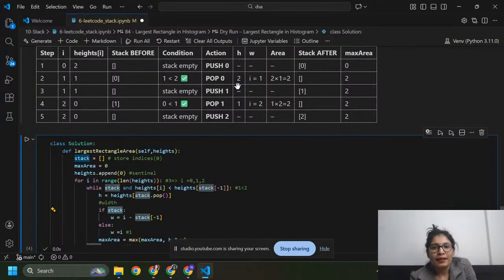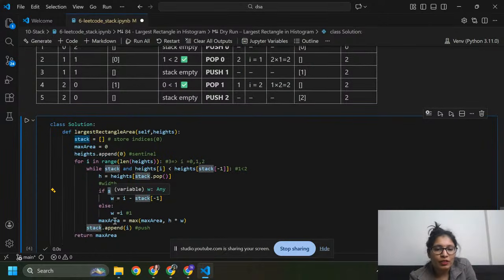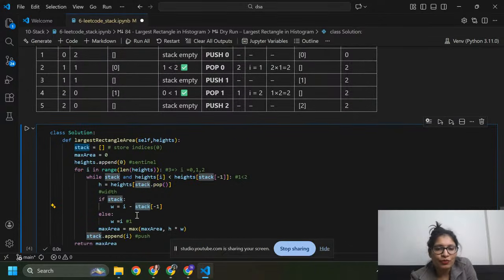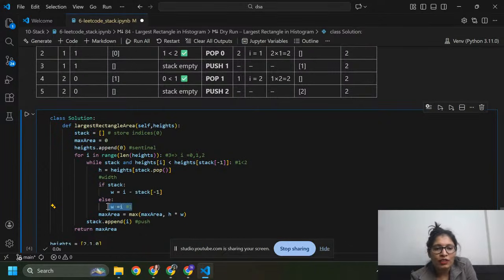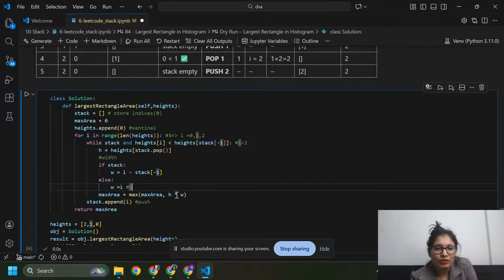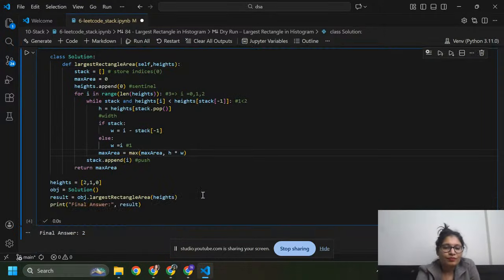Our stack is now empty, so we need to follow this condition: w equals I, and I equals 1, so w becomes 1. Now we can calculate the area, that is 2 into 1 equals 2.